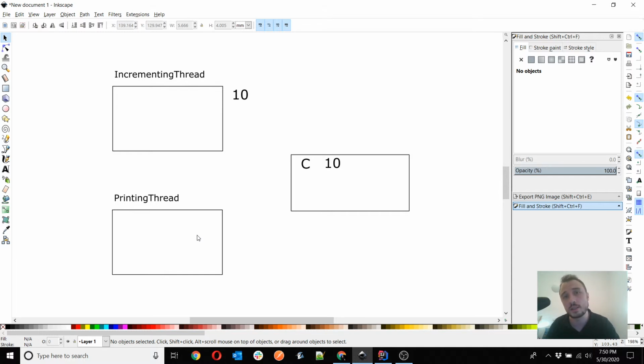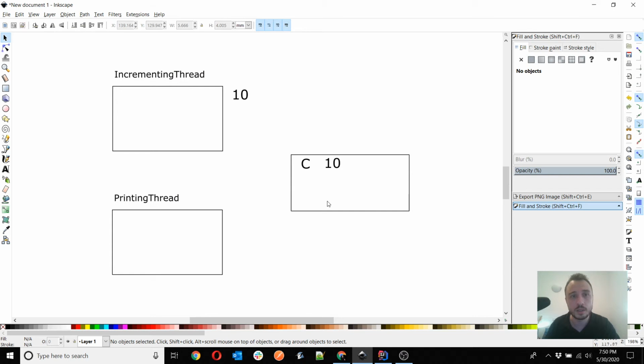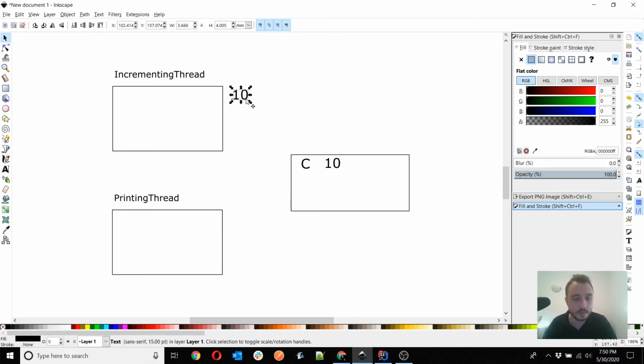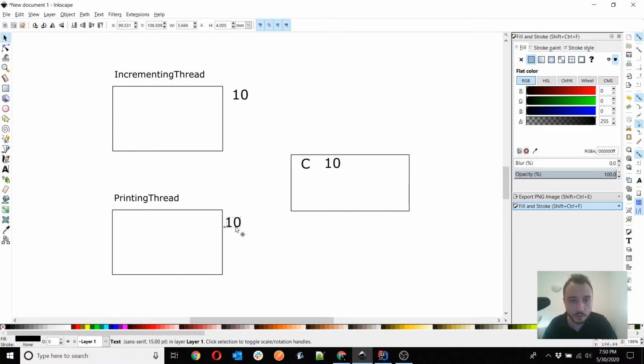The question is, what is the value that will be printed out by this printing thread after 10 iterations executed by the incrementing thread? And you will be tempted to say it's 10, isn't it? Because why not? C becomes 10, so 10 will be printed out. Isn't that logical?